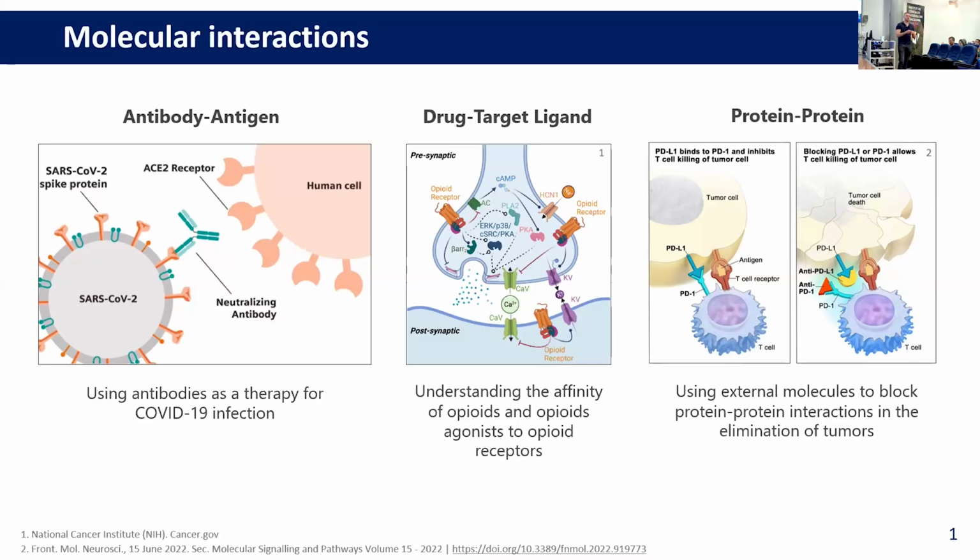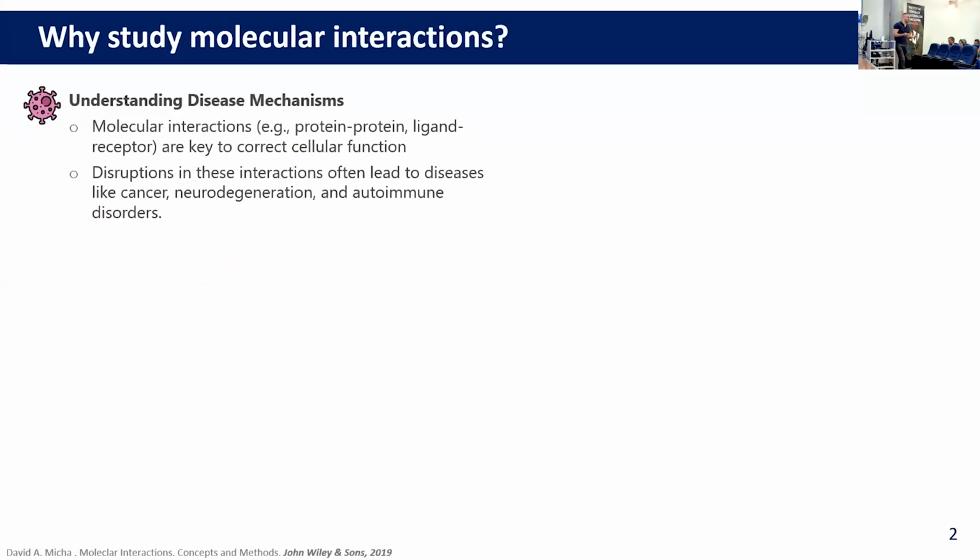Or simply in the cancer field, we have a lot of protein-protein interactions that deal with blocking some kind of molecular pathways, biological pathways that promote or suppress the presence of tumors. And in reality, in a lot of fields, we can find molecular interactions. As I was telling before, molecular interactions are everywhere.